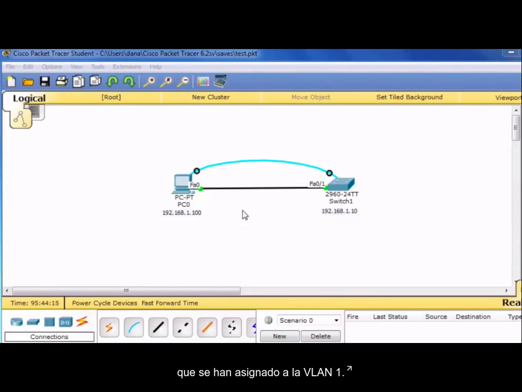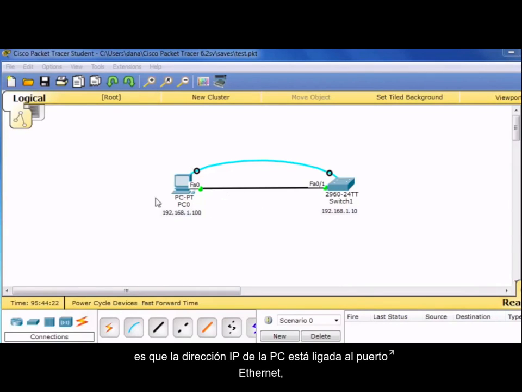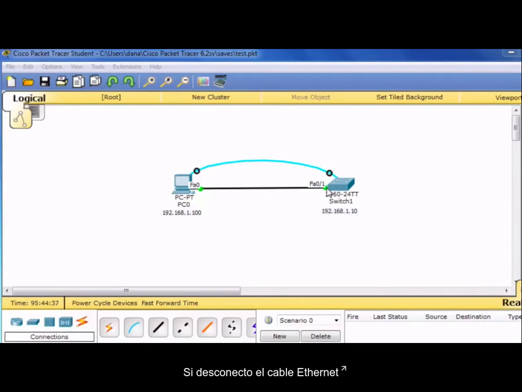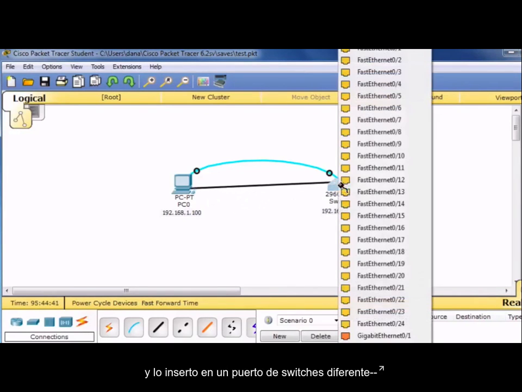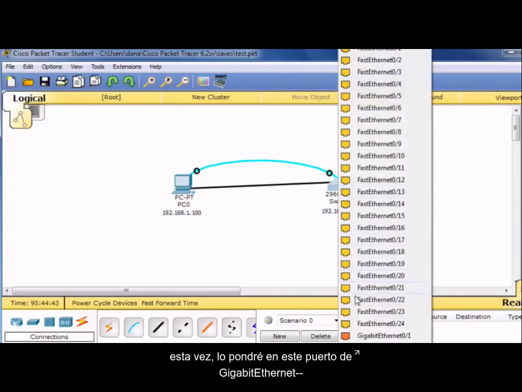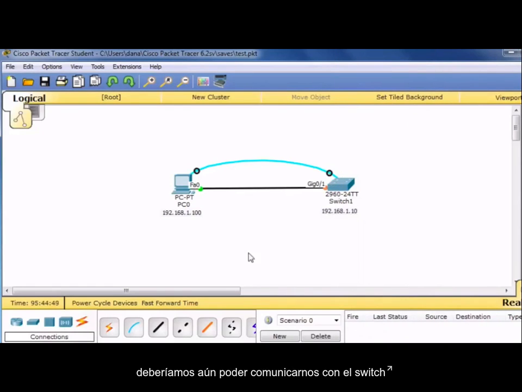to VLAN 1. In other words, the difference between the PC and the switch is that the IP address on the PC is bound to the Ethernet port, whereas on the switch the IP address is bound to the VLAN. So, if I disconnect the Ethernet cable from the switch and put it into a different switch port, this time I'll put it into this gigabit Ethernet port, we should still be able to communicate to the switch using the